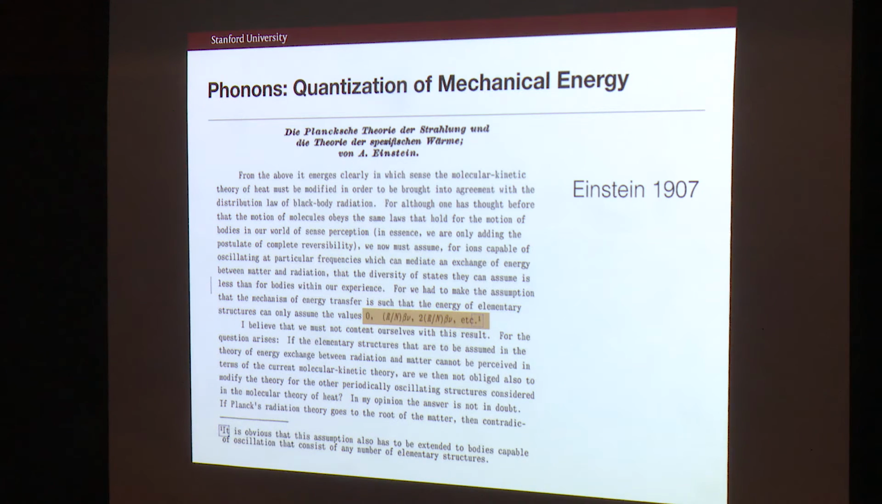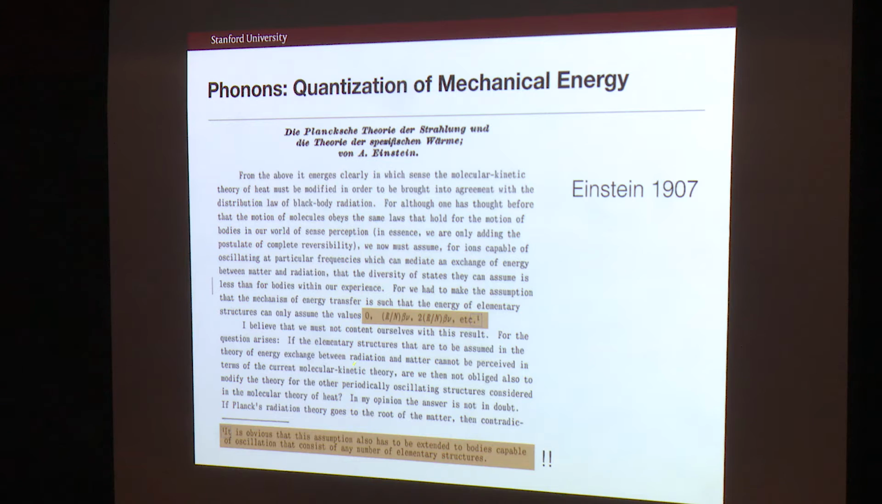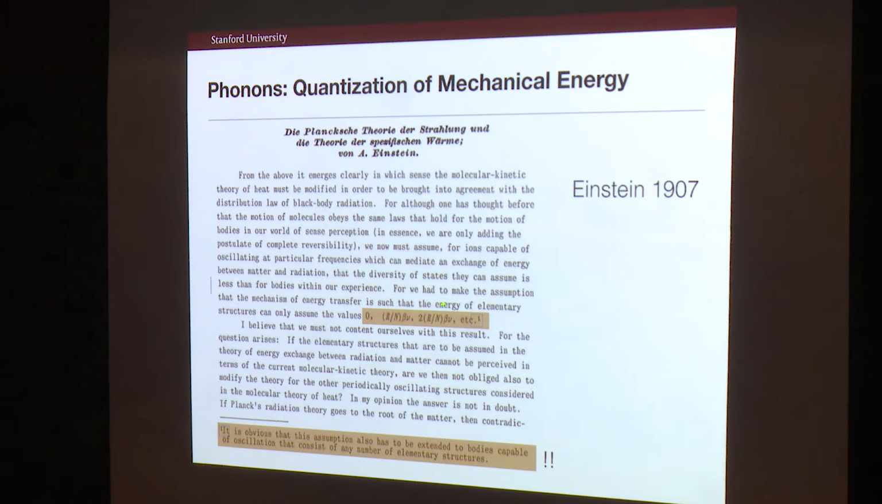And what's interesting is he actually, in a footnote, says that the levels will be 0, h bar omega, 2 h bar omega, etc. And then he says, it is obvious that this assumption also has to be extended to bodies capable of oscillation that consist of any number of elementary structures. I thought it was surprising that Einstein had thought about this 10 years before Bohr's atom, which quantized the orbits